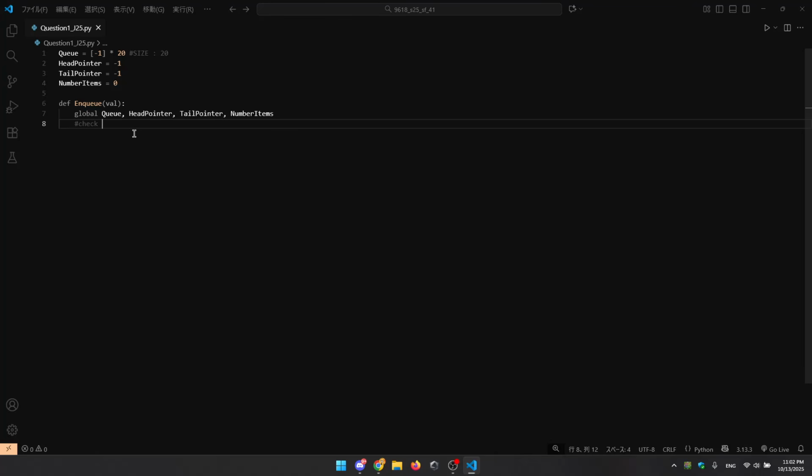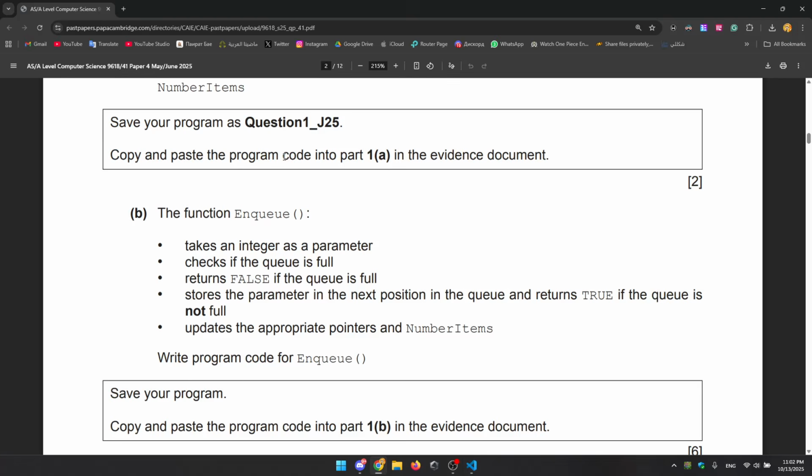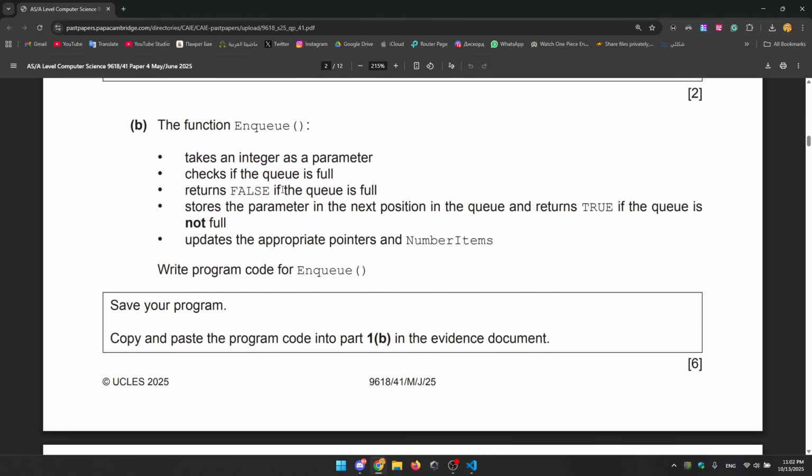First check if the queue is full. To do that, if number items is equal to 20, all we have to do is return false. Else, I'm just going to put pass right now so that there are no errors in compiling. Over here, we want to do a little bit of checks. First of all, if it is not full, that means we are going to go ahead and,